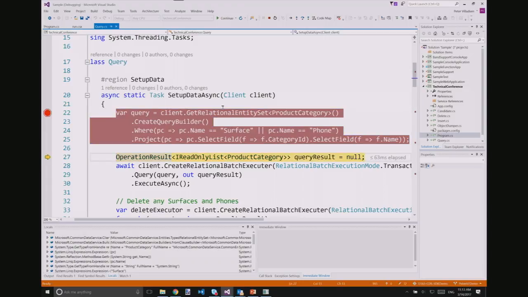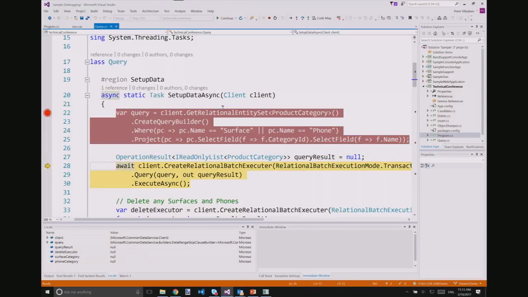So let's do this. It worked. So now we're going to talk about the result of this thing. The result is an operations result, which has some semantics, and it's also an IReadOnlyList of product categories. And the query result is null here. And then we're going to do an await